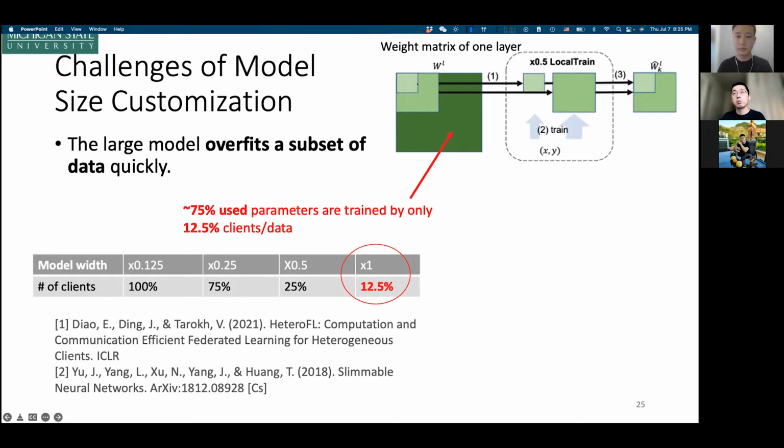The smallest width will have the smallest matrix, and the full-size network is the dark green. They will share some parameters at some points.